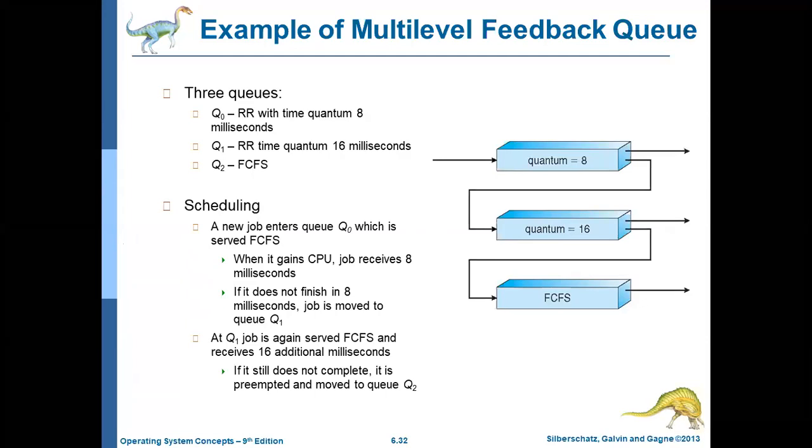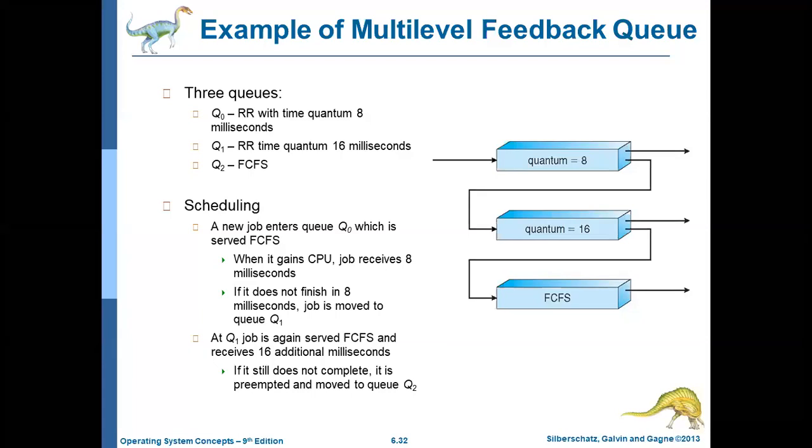If it is not completed, it may be moved to the quantum equal to 16 time quantum or time slice. Otherwise, if the quantum value is in between 1 to 8, it is again fed back to the quantum equal to 8 milliseconds. Means processes in the range of quantum from 1 to 8 will be executed in the quantum 8 queue.